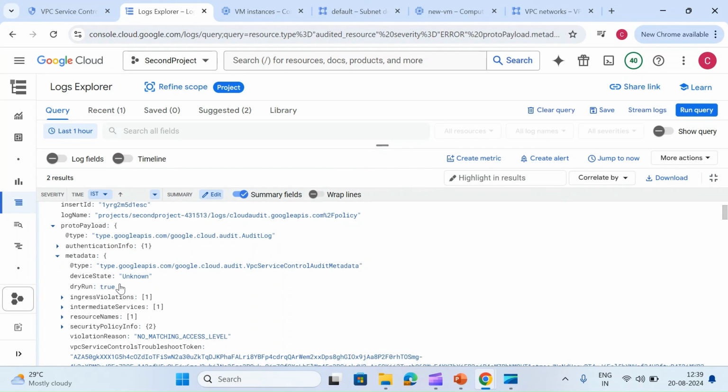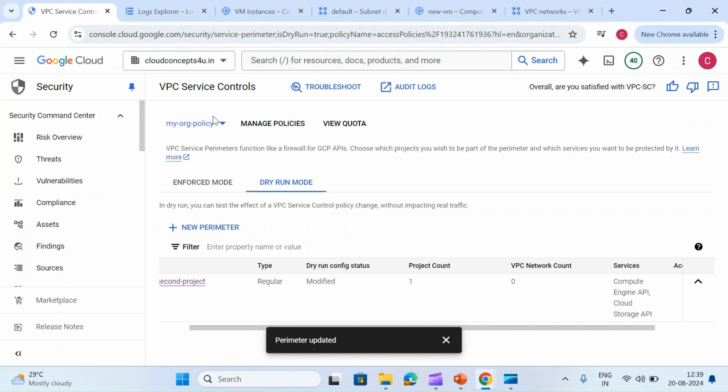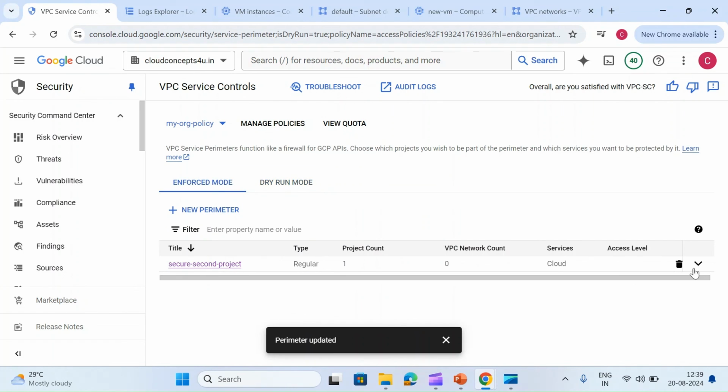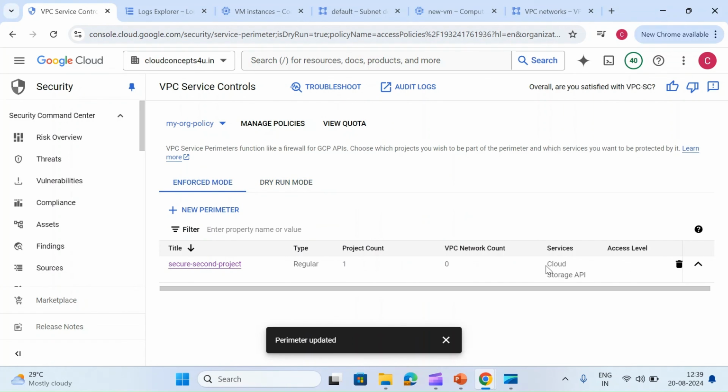So according to that we can find out that the traffic would be denied, but it is passing as of now, and if we enforce it, it will deny the traffic. This is dry run equals true because in the service perimeter, if you remember, we enabled the Compute Engine API only for the dry run, while in enforce mode only the Cloud Storage API is enabled.